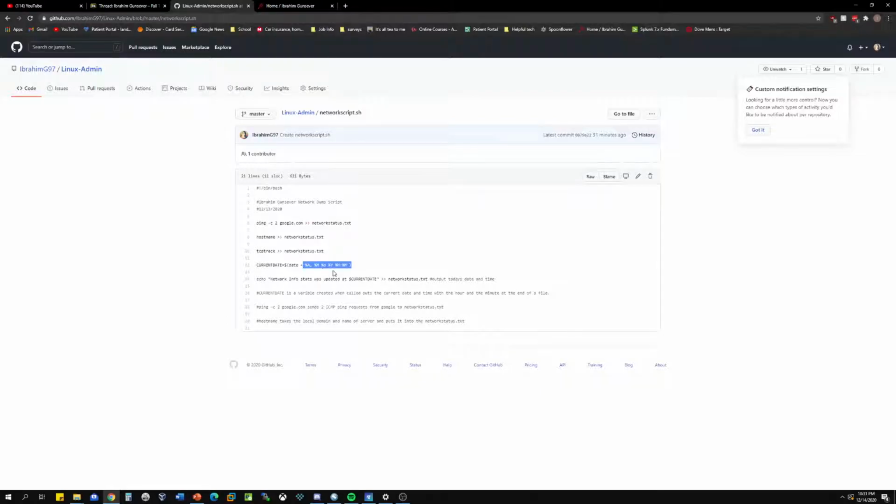And it wouldn't show it for the life of me. It turns out all I had to do was make sure to have this $ sign here. All I was missing was this $ sign, and this $ sign allowed it to be seen as a variable, and then when the script called it, it would show the date at the end of the file, so it's appending to the file.